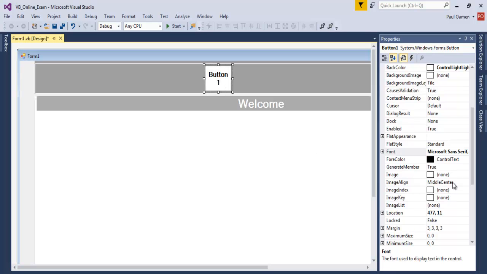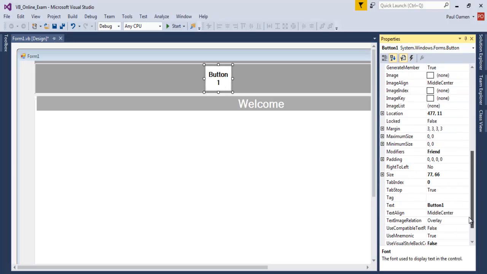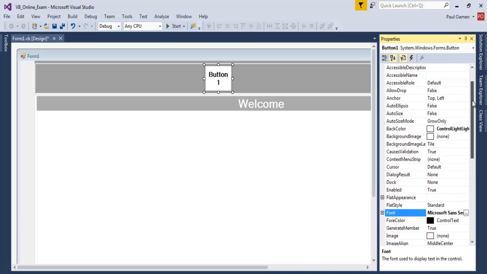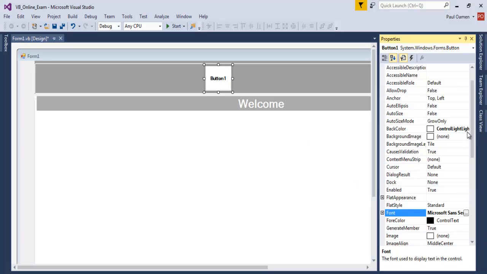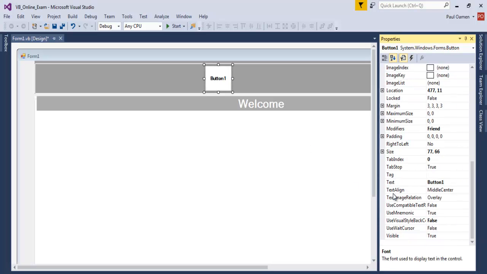Let's come back down. Let's change it to 8 for now, and we'll get back to that. Come to the text align right there, bring it right down, and in there the text, let's change that to